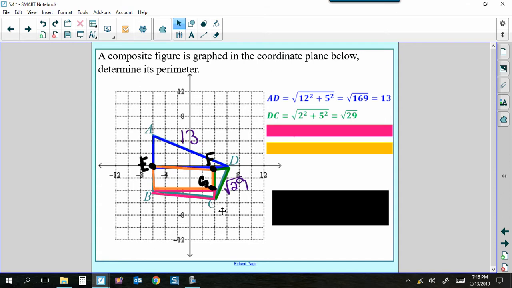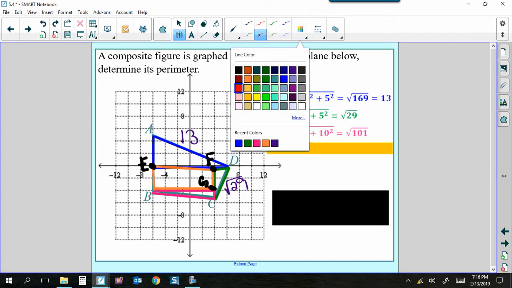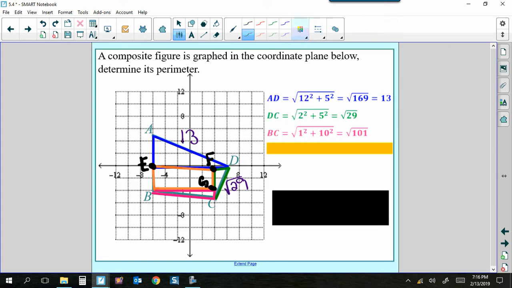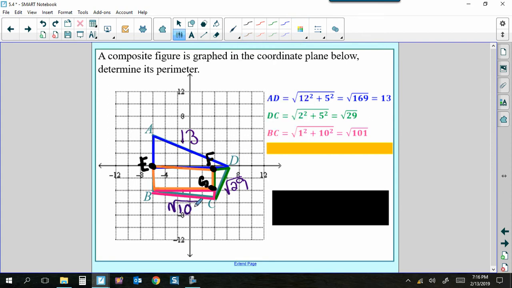So now I'm at C. I'm going to go to B. This is a right triangle with A and B lengths of 1 and 10 because we already counted that. So we need to figure out what is the square root of 1 squared plus 10 squared. It's going to be the square root of 101. We're going to leave it just like that. I'm changing my colors. Square root of 101. And then what's left is just some easy math because we have to go from B